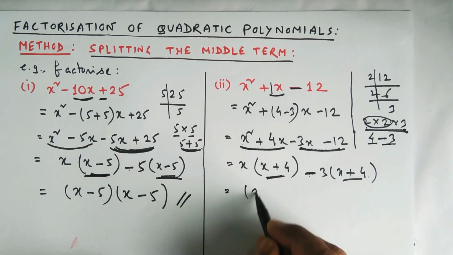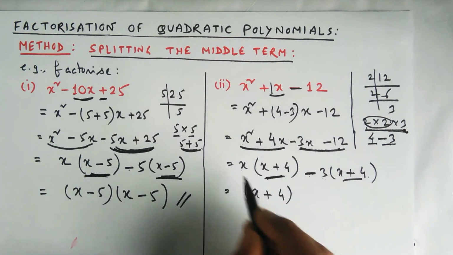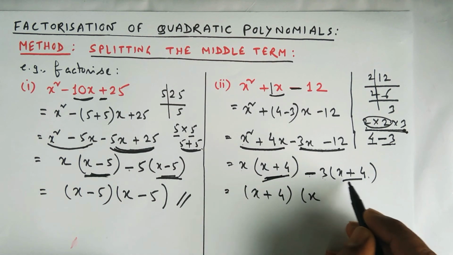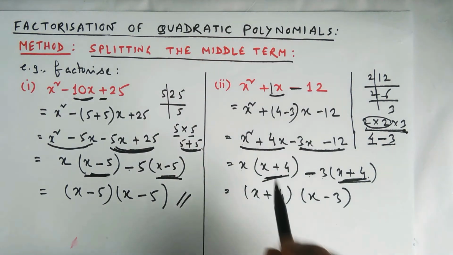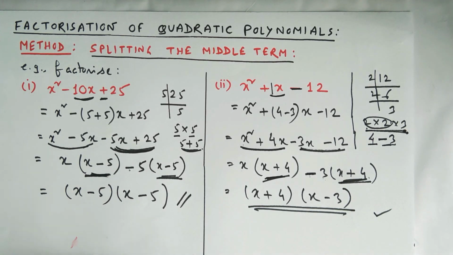So what you can do, this x plus 4 you take outside. x plus 4 taken outside. What is left here? This has gone outside, what is left here? x. This x plus 4 gone outside, what is left here? Minus 3. So we got this now as the product of these two factors. So this is your required factorization, and this is just a revision, because I hope you remember you have learned this in class 8. So you go through this explanation once again.